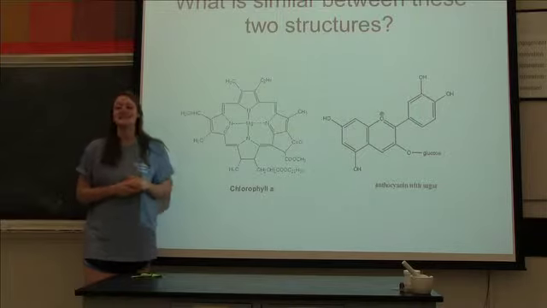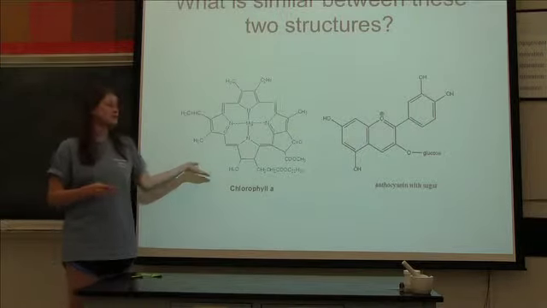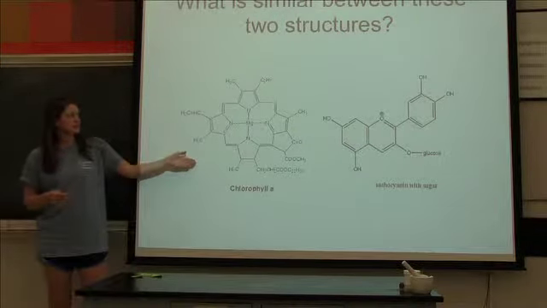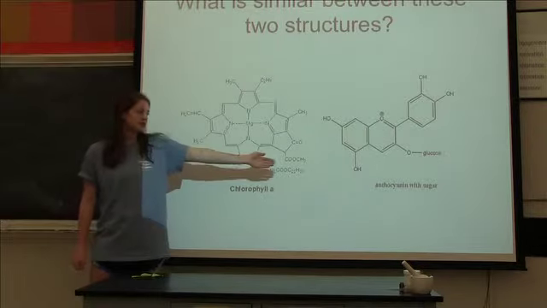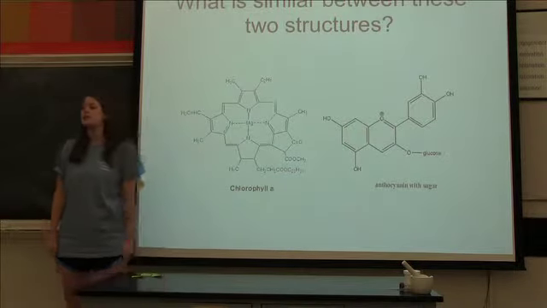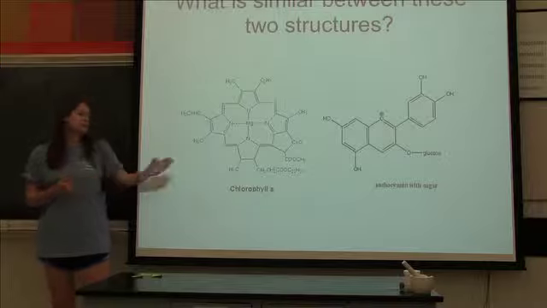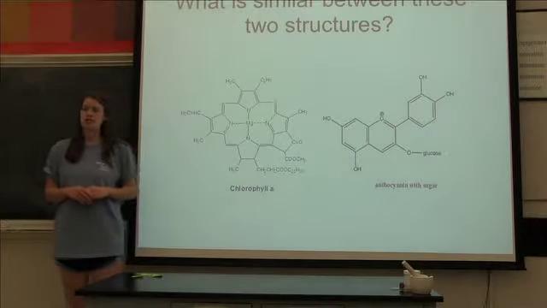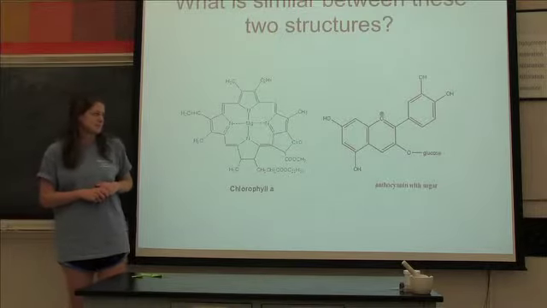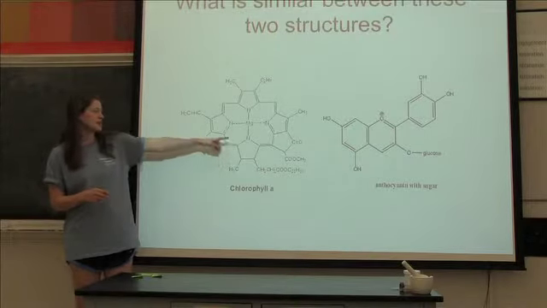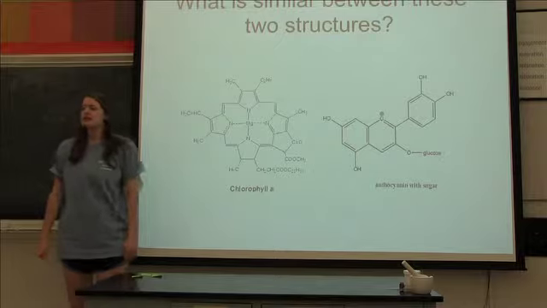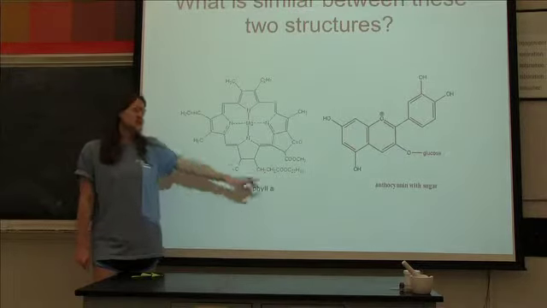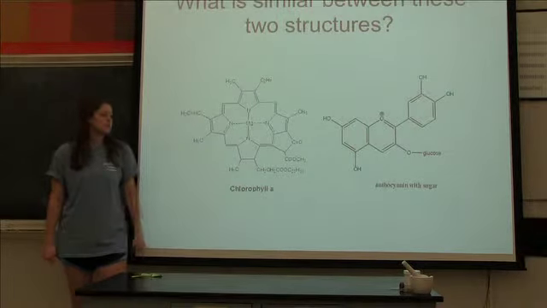In plants, there's a molecule called chlorophyll, and this is what it looks like. And this is another molecule called anthocyanin. What are similarities between these two molecules? The shape. What kind of shapes do you see in them? Rings. So I want to see thumbs up or thumbs down if you think that these two molecules will be similar